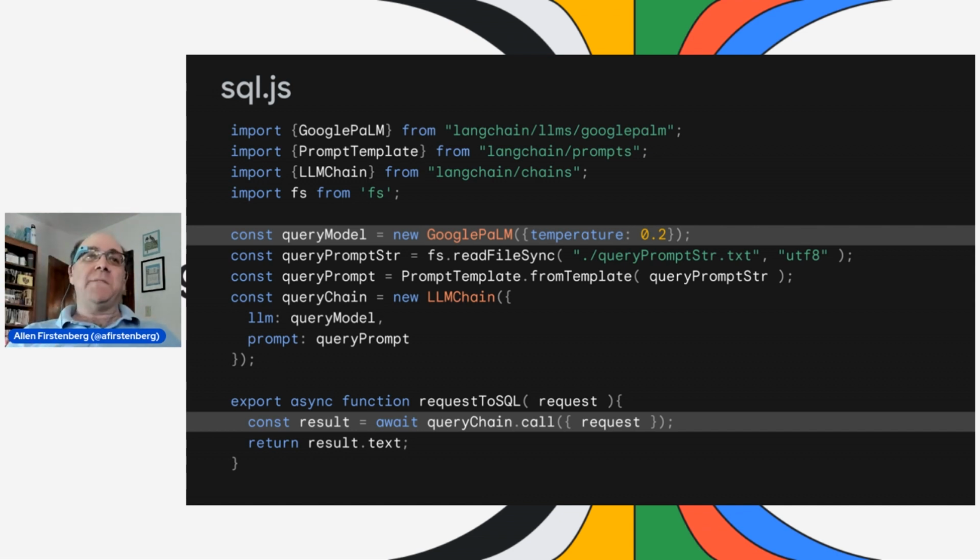And although there's a bit of setup here, fundamentally, what we're doing is just two lines. So in the setup, we're going to build a query model. In this case, I'm going to be using the Google PaLM model, which is available through MakerSuite. And I'm going to set the temperature on that fairly low, because I want to turn what the user has said into an SQL command, and I don't want it making stuff up.